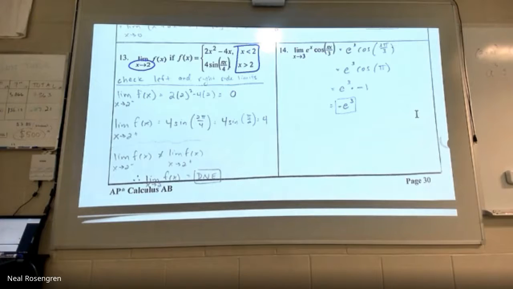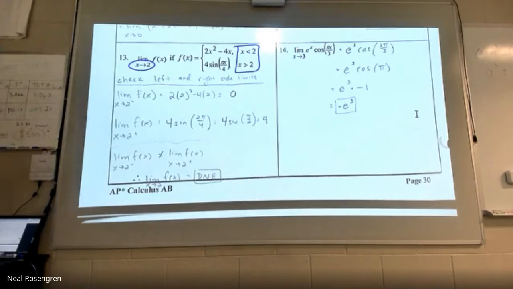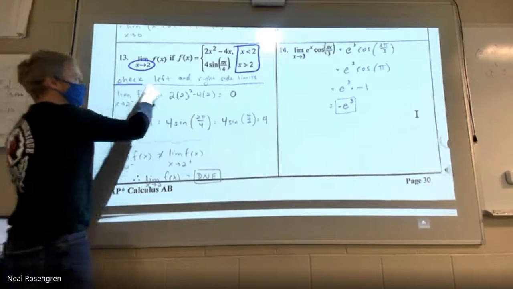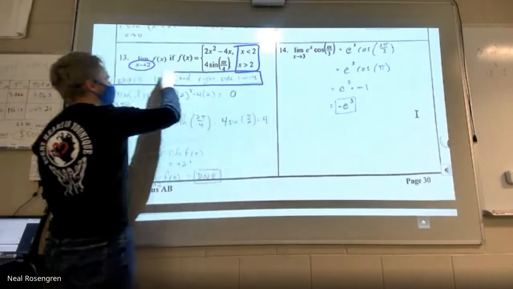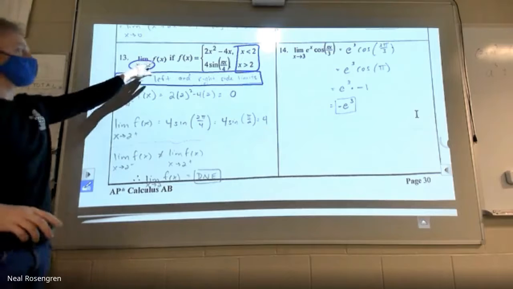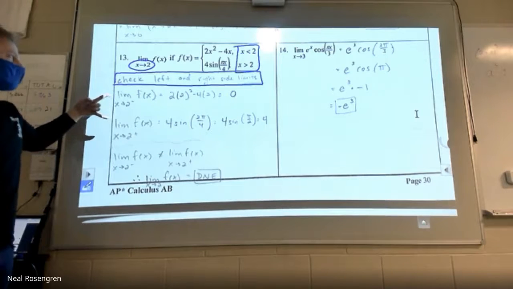There's a hole somewhere, and they're both going towards it, or there's a hole in 2 different places, one heading from one side and one heading from the other. So that's the situation we want to figure out. Are they both headed towards the same hole? And so what I do is I check both one-sided limits, and I compare the two. So if I want this limit to exist, then both of these have to be the same. Now, how do I do that?